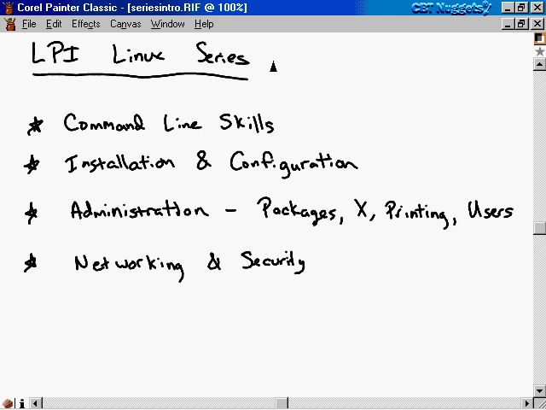I picked SUSE Linux in particular is because some of the new HP laptops are actually shipping with SUSE Linux on them, and this is a big deal for Linux because Linux has never been shipped on a major distributor's laptops before. That's one of the reasons I picked SUSE Linux, because I know a lot of friends are buying these laptops and using Linux on them, and I just wanted to use SUSE sort of as a show of solidarity to HP to support them for shipping SUSE on their laptops. So that's one of the reasons I picked SUSE Linux as an alternative to Red Hat to show some of